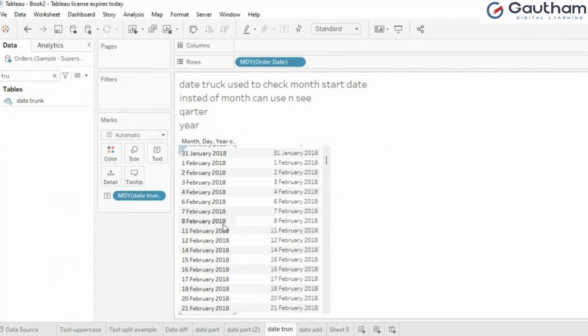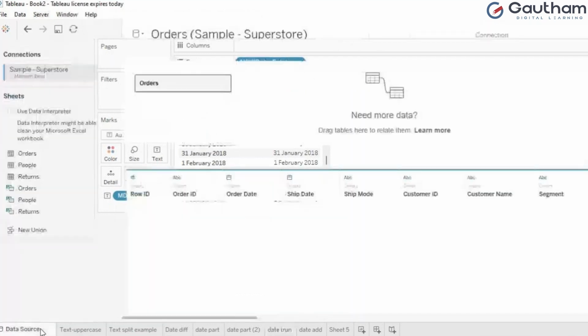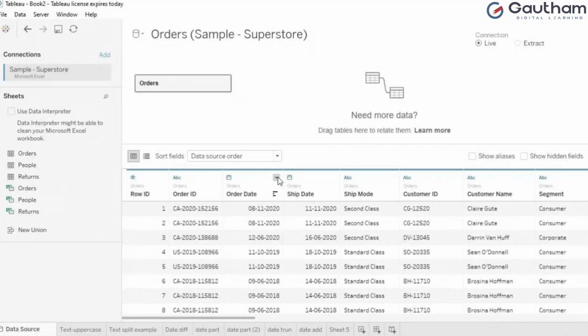But if sometimes the data is not this way, in that case this date trunk will be useful for you. Sometimes along with the times and seconds will be there. Only you want a date only, not all these times and all. So to separate that, this one can be useful. And to split that also, see here I have written the calculation, right? To split that also there is an option. See here, suppose, imagine there is a time also. Imagine this is the date along with the time, because there is no time here to show you, for example. So what I'll do is I'll select this one.